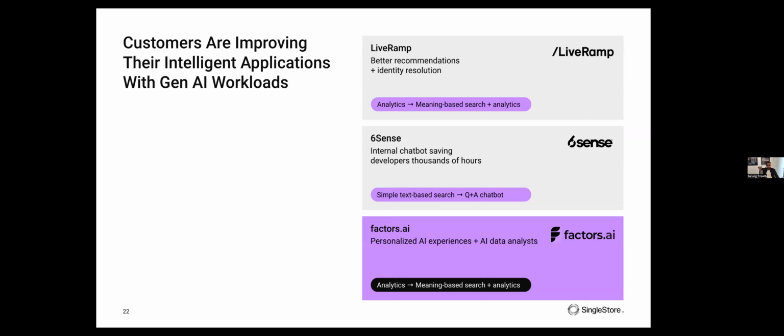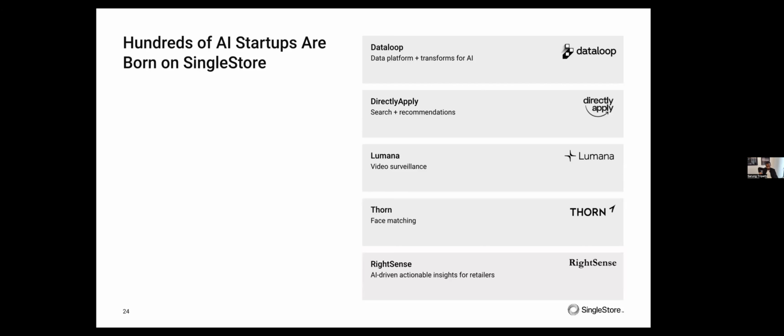Our customers are building on their intelligent applications with Gen AI workloads every day. These are 3 customers, one of which is Arvind, you'll hear from shortly. These are 3 customers that started with core SingleStore for transactional and analytical use cases, and have built on top of that generative AI applications, meaning-based search, built chatbots, and built AI-driven analytical interfaces on top of their existing data estate on SingleStore.